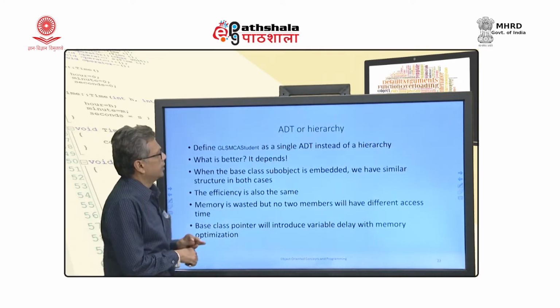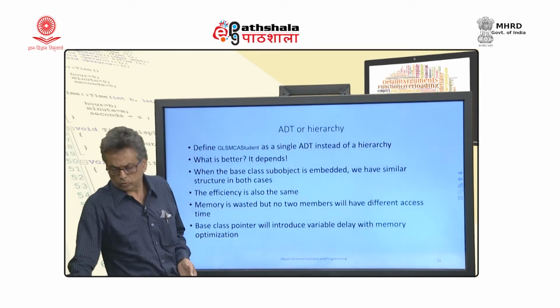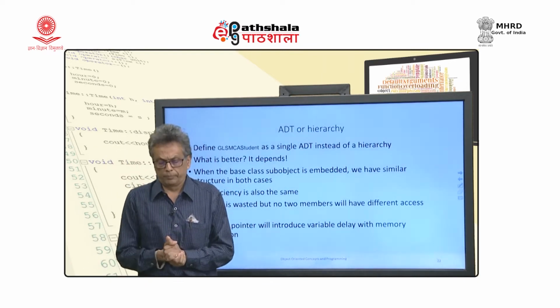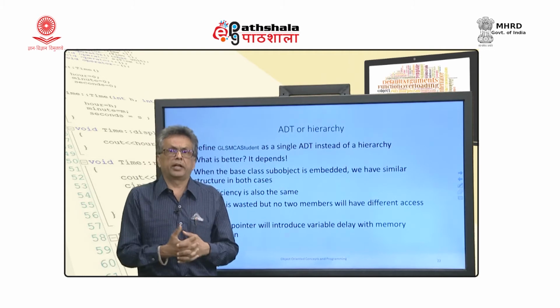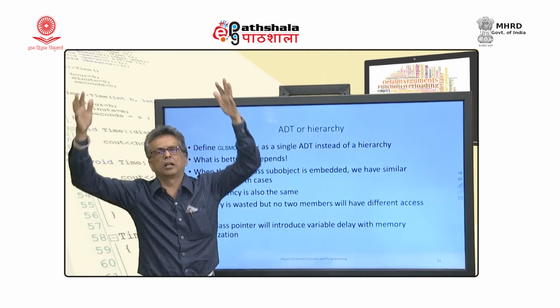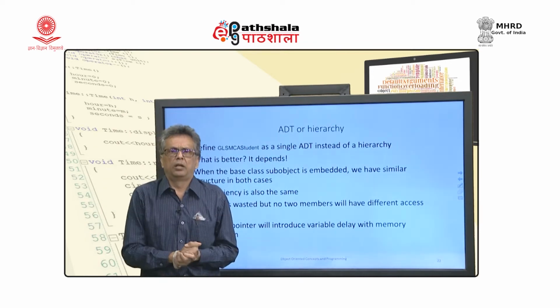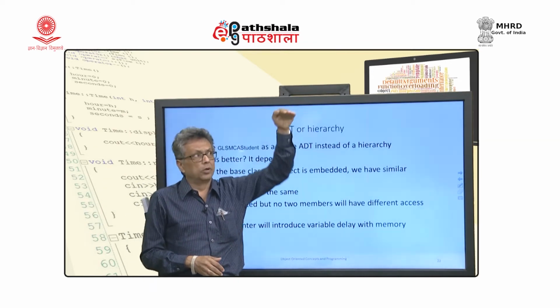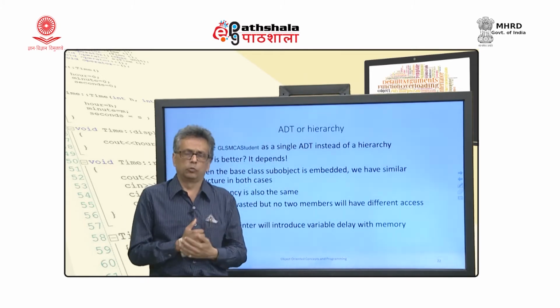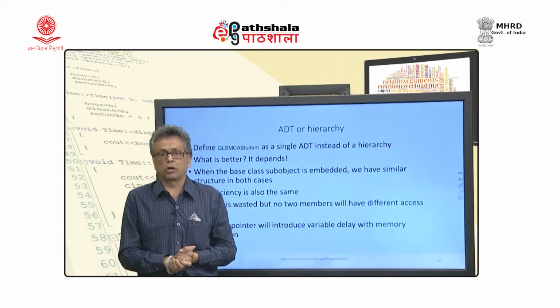Not only that, the other problem now: what if I have two choices available? I have one choice where I have a GLS student as a single hierarchy, I have everything in one, or I have a student, then an MCA student, then a GLS MCA student, using the inherited version. Remember something that I have talked about before.